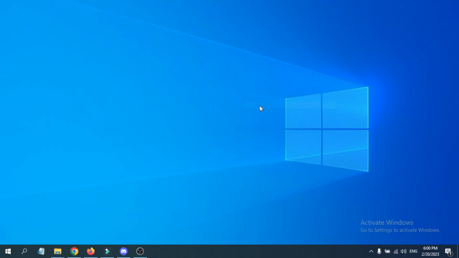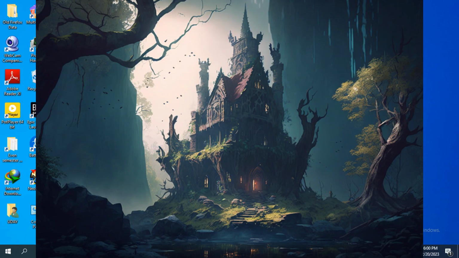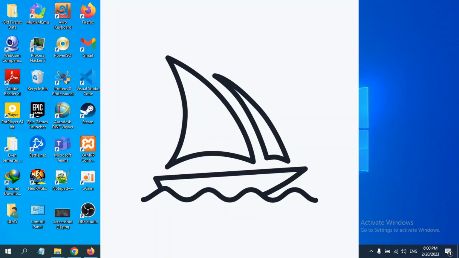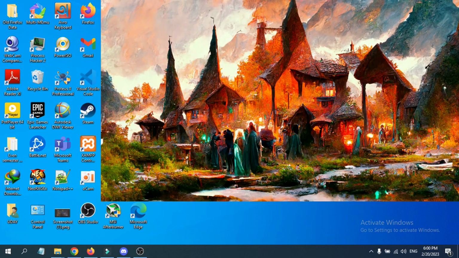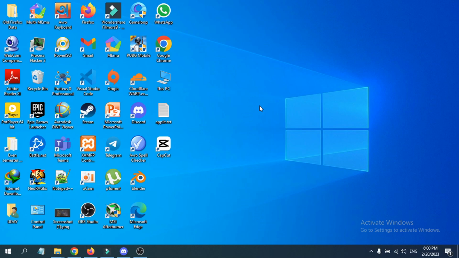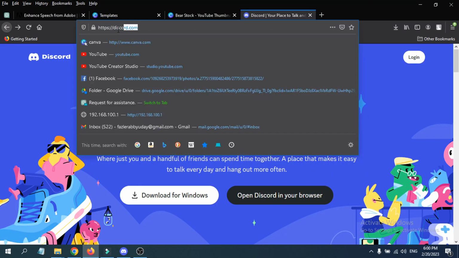Hello everyone, so I have just created this in just 2 minutes. If you want to know how to create this type of art in Midjourney, you can also create like this or this, and you can create more art like this. To create art like this, you need to go to discord.com here, and you can also download it for